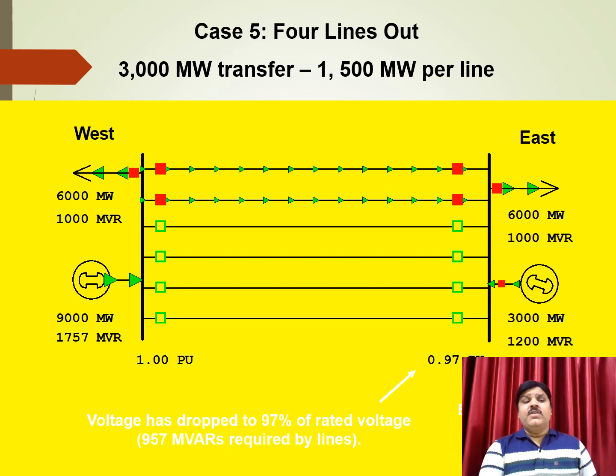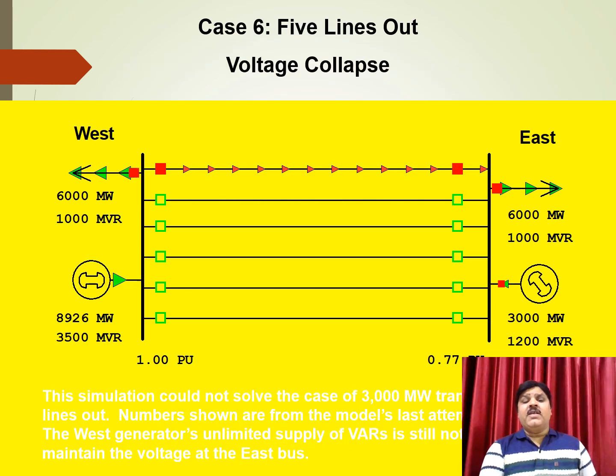So next, in the last example we can see that only one line is there, and in the east corridor bus the voltage level collapsed below 0.77 per unit, which is very low, and it will collapse the system. That is, we can conclude here that if transmission lines are out and the reactive power demand increases, then voltage will drop and it can lead to grid collapse.